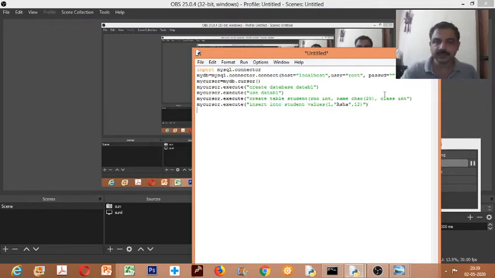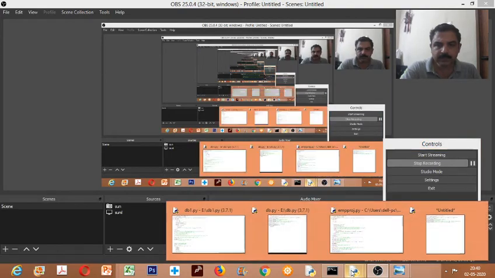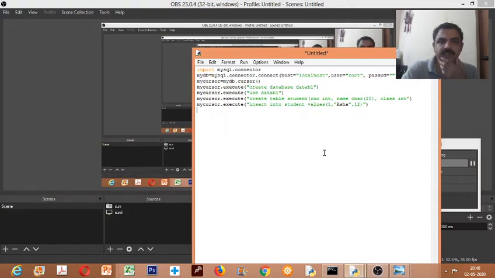So next thing is, insertion is over, creating table is over. Now we will display the contents of the table. Before that there is a command called commit. I need to save this. For saving I need to write the object name we have created already, mydb dot commit. This is the command for saving. So mydb dot commit, commit is done.